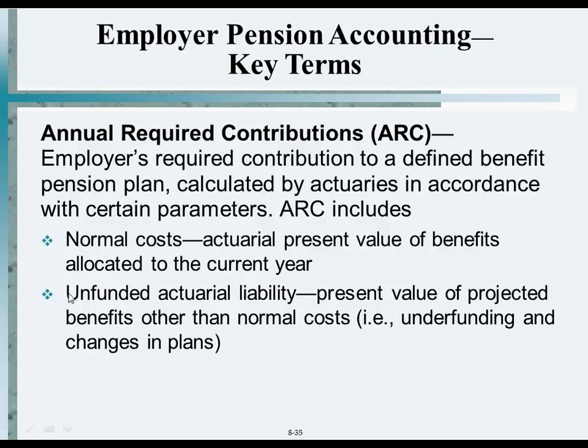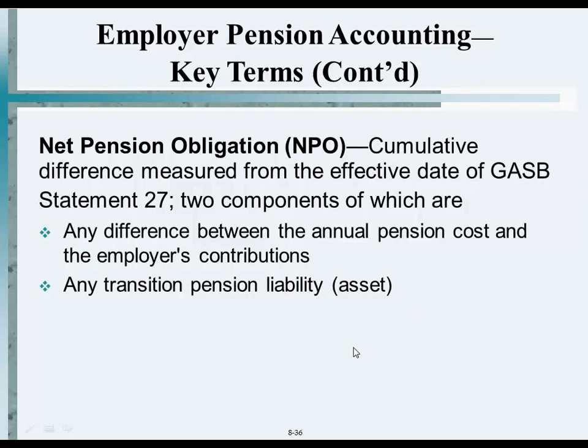And this is that number, by the way, unfunded actuarial liability, which is the present value of projected benefits other than normal costs. So what are normal costs? These are your annual actuarial present value of benefits for the current year. It's shown that way. A couple of other terms I already talked to you about: NPO, net pension obligation,